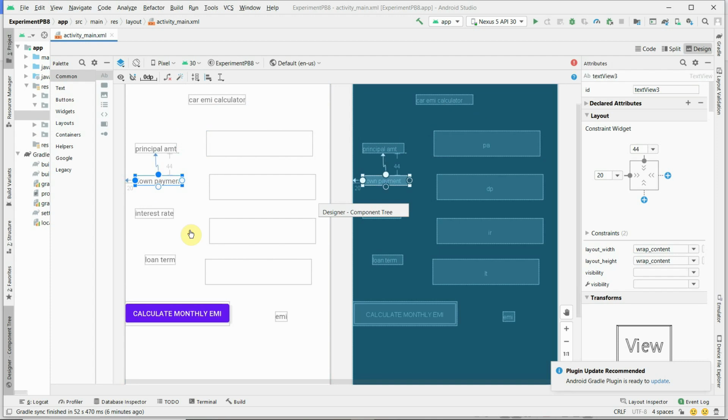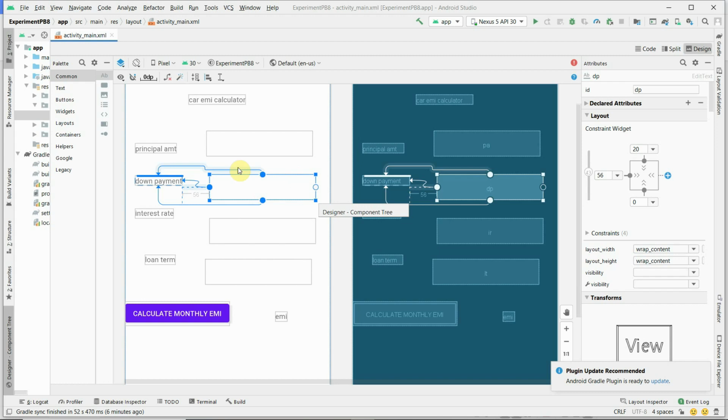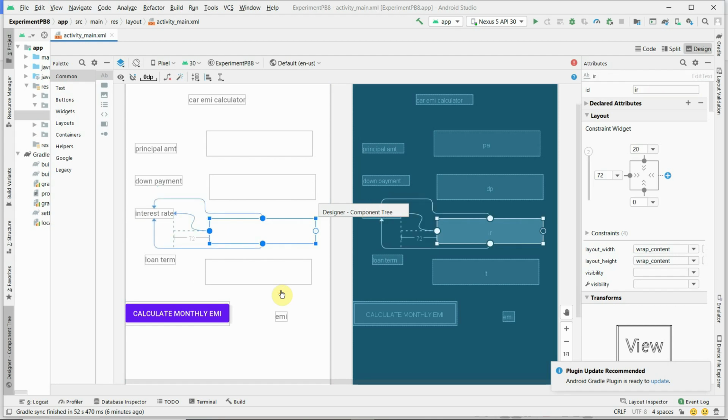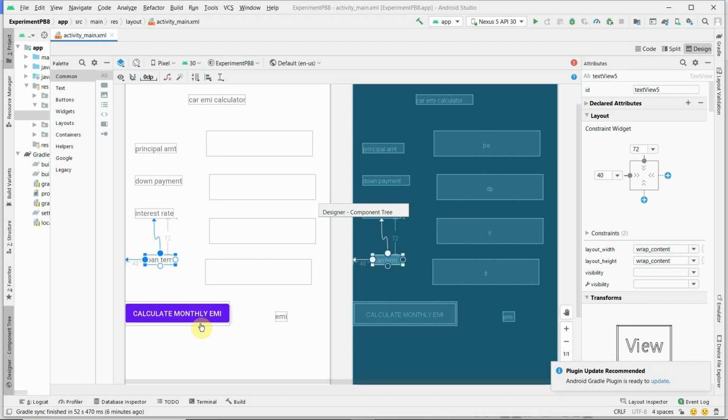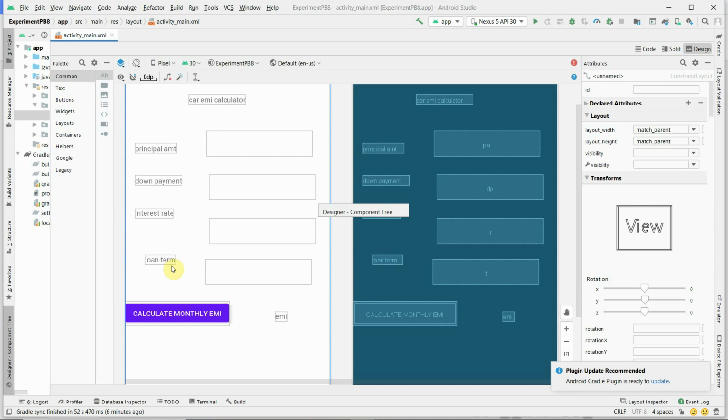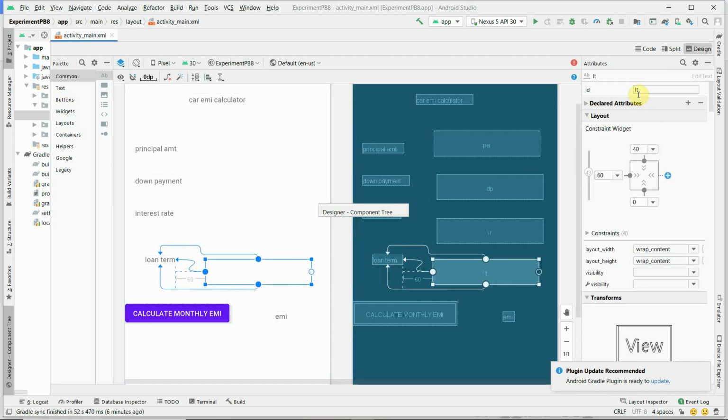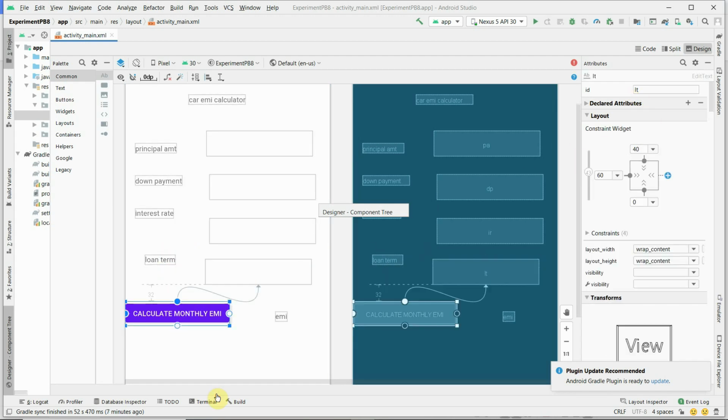Then this is the text view for down payment, and the edit text has ID DP. The interest rate text view has edit text ID IR, and the loan term label has ID LT.